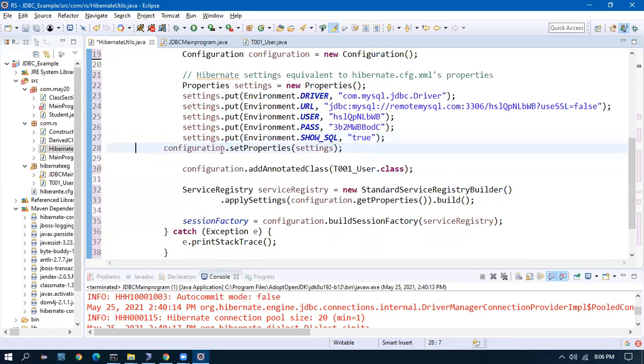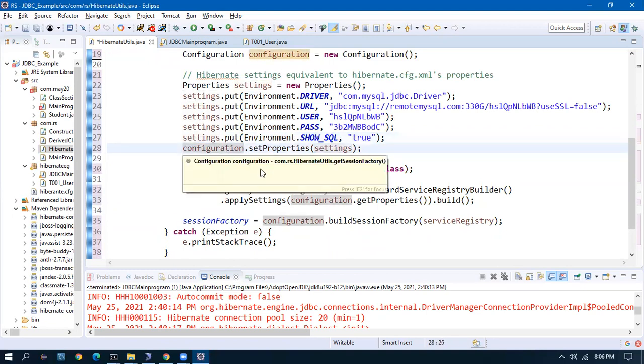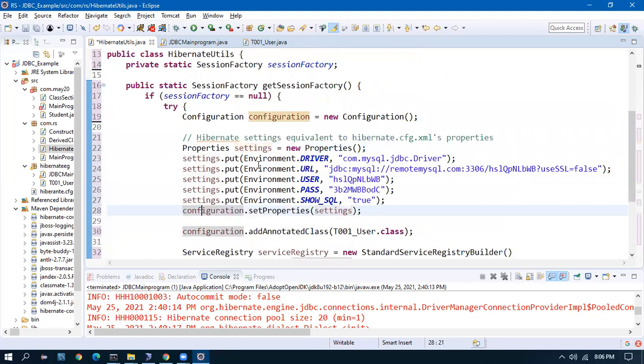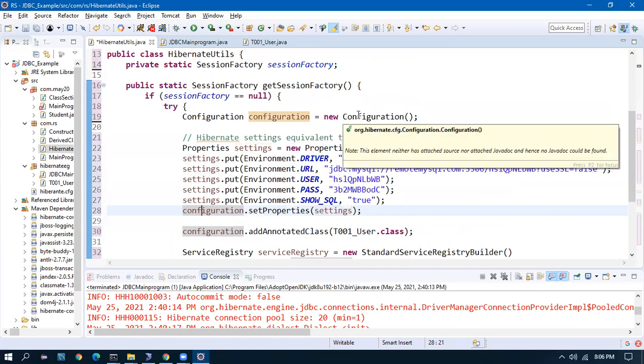Okay. Then we add this settings into a configuration. This is a one-time setup, so you will get these codes in Google. Just the concept alone, try to understand. So we set all these values into the settings, and we set the settings into a configuration, Hibernate configuration class.